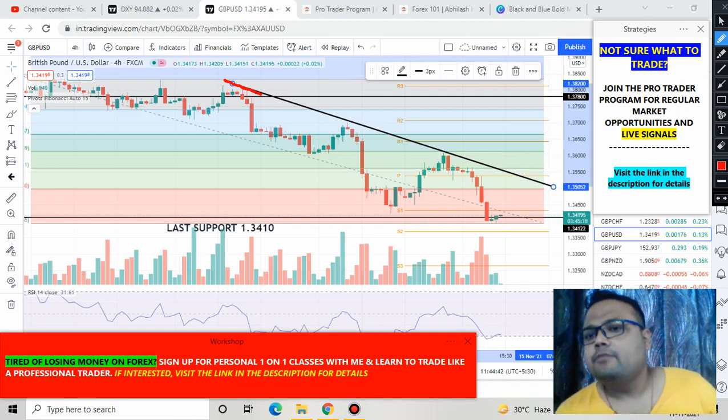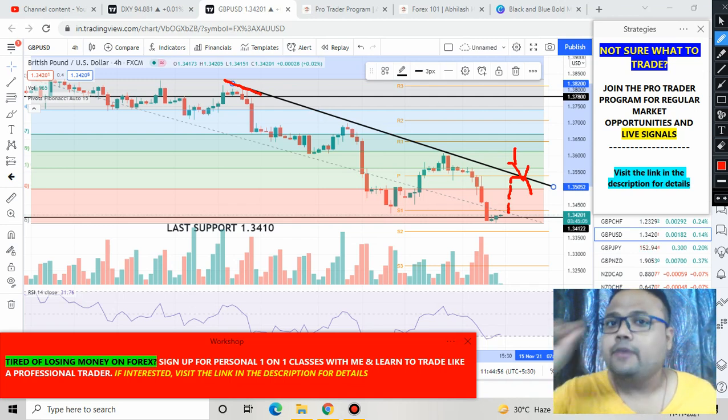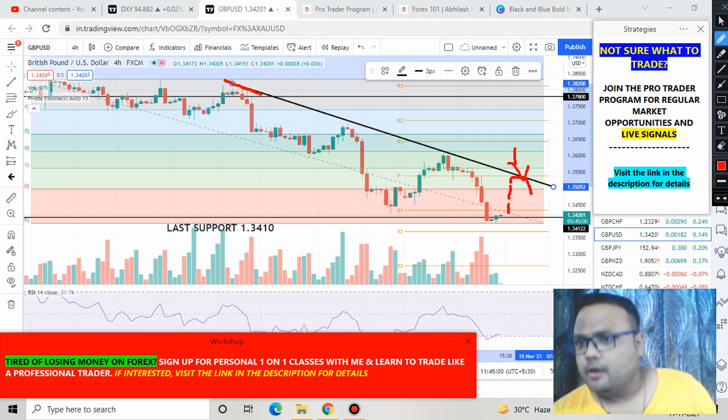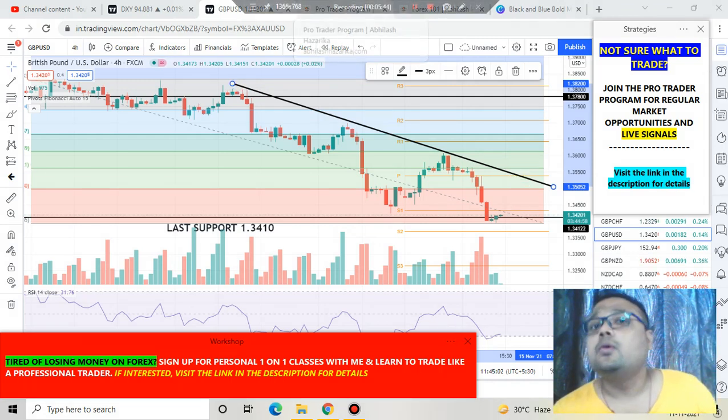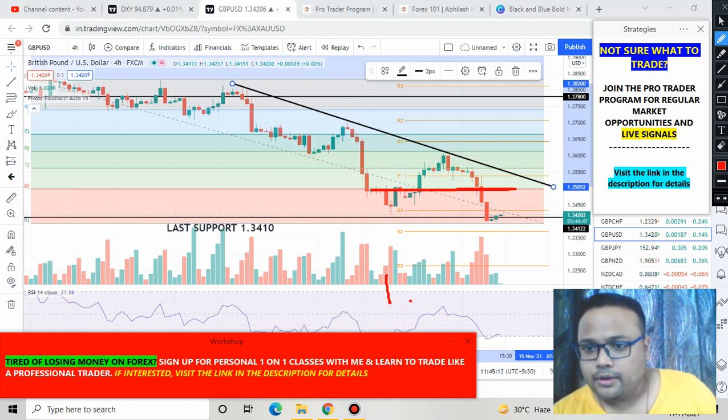So if market tries to recover also, and if market reverses from this trend line, you can take a sell position at the trend line. That can be a trading opportunity, or your first trading opportunity. Okay, if market goes up and reverses from the trend line, will be your first trading opportunity. Or on the other hand, if market goes up and fails to reach the trend line and reverses from this level only, the Fibonacci retracement level, you can see that at around 1.3, sorry,